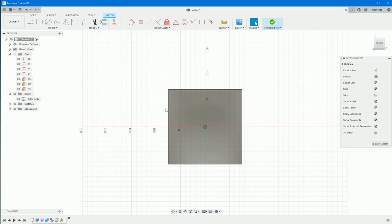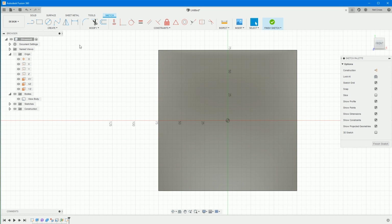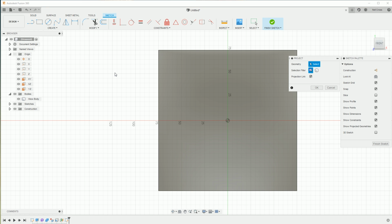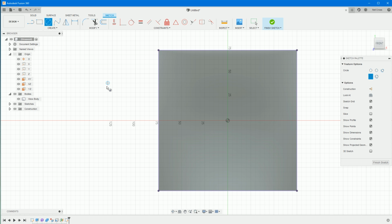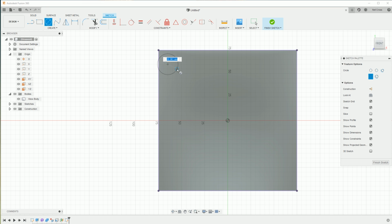All right, once that's done, just zoom in a little bit, and then we can select P for Papa on the keyboard, and then select this face, and then press OK. And what that does is it projects the edges of the cube onto this sketch, so we can just reference it for dimensions. Draw a circle, center diameter, roughly just anywhere here, doesn't matter, it doesn't have to be exact,